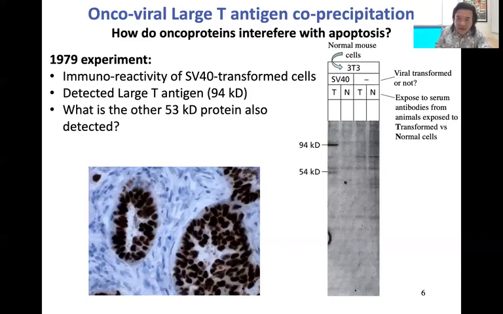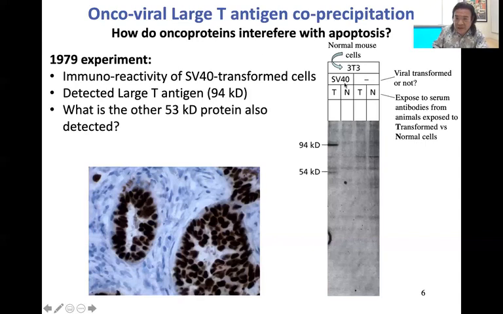And the way you interrogate it is you want to ask, are there certain proteins now appearing in the transformed cell that would represent that they are transformed? One way you can interrogate that is if you have antibodies that are looking for particular types of proteins that are different in transformed or cancerous cells.